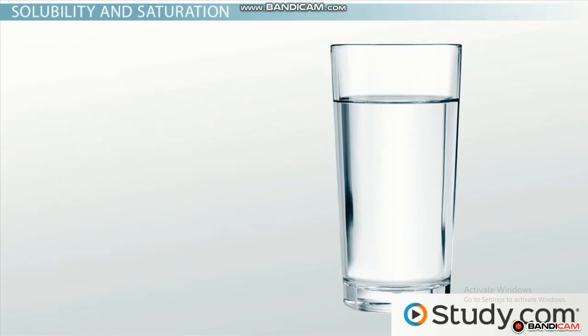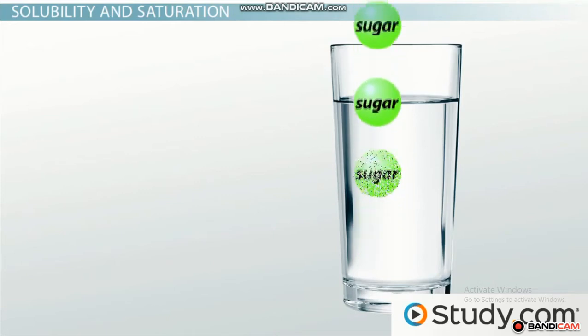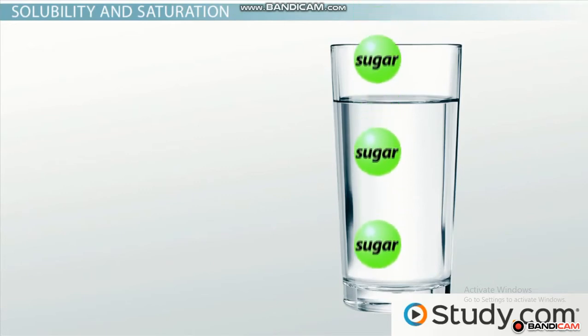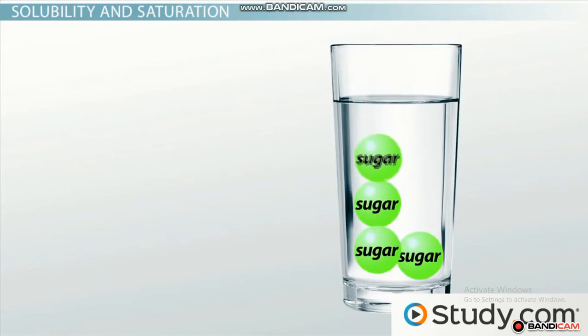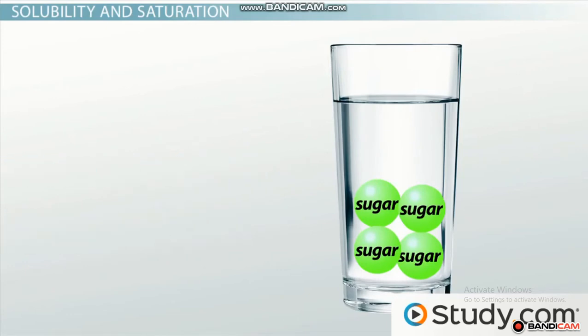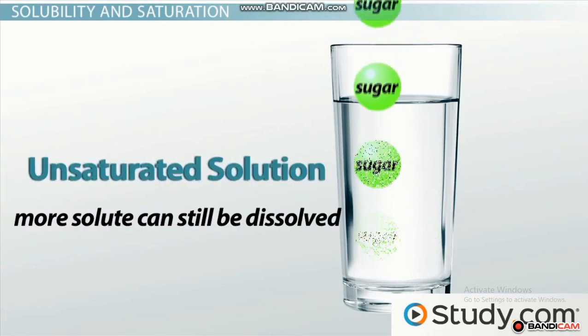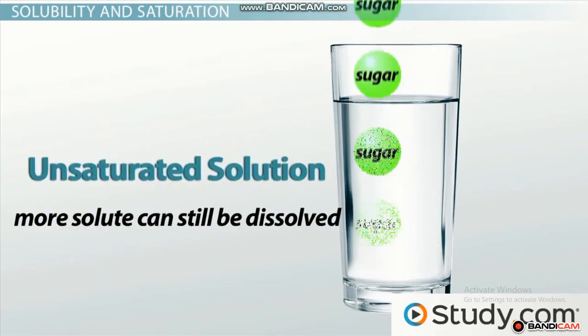While some solutes may easily dissolve in a solvent, there's a limit to how much solute can go into any given solution. If you try to dissolve sugar in a glass of water, you would be able to do so only to a certain point, after which the sugar would just collect on the bottom of the glass. Once you've gotten to the point where no more solute can be dissolved in the solvent, you have a saturated solution. You have quite literally saturated the solution with solute. Up until this point, though, you can say that you have an unsaturated solution because more solute can still be